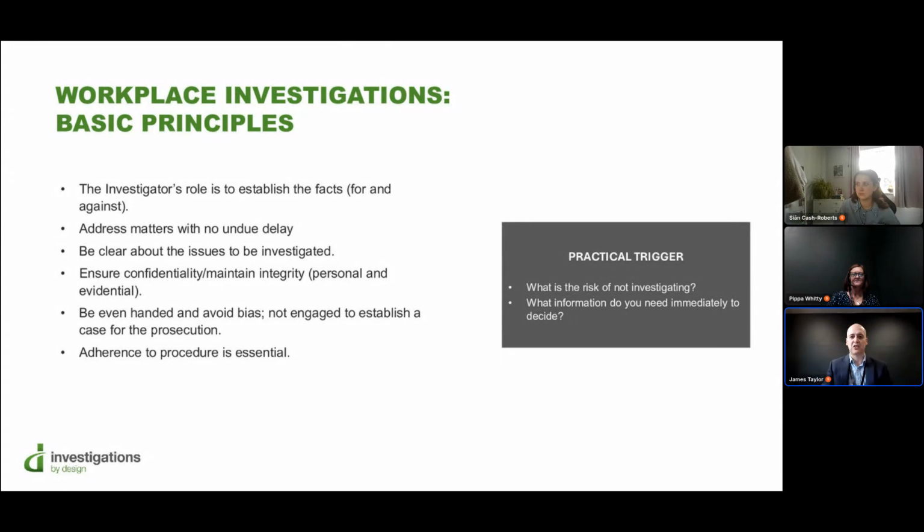A good investigation also needs a clear scope, so everyone involved should understand what issue is being investigated. Clear terms of reference, which we'll discuss in a later slide, will help keep the process focused, proportionate, and reduce the risk of the investigation expanding beyond what is necessary. A big principle also is confidentiality. So information should only be shared where it is proper to do so. This protects the individual involved, preserves integrity of the evidence, and maintains confidence in the process.